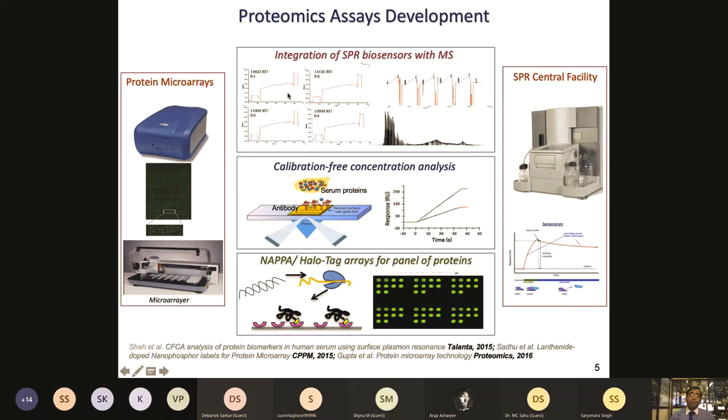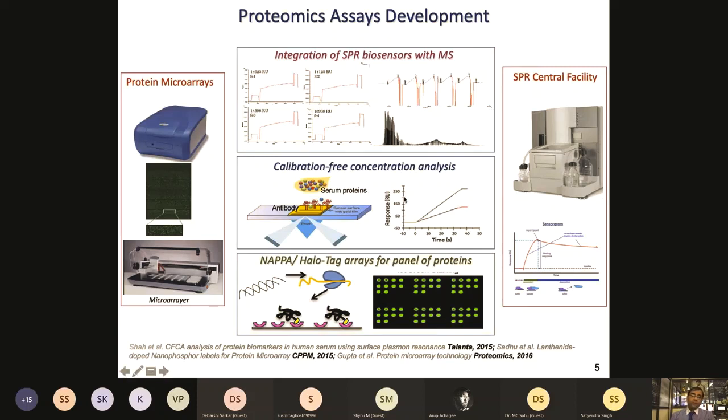So we ran those samples into all 4 flow cells in the SPR, and after doing repeat cycles overnight, you are able to enrich those interactions. Then you can strip off the bound interactor and prepare the sample separately for peptide analysis, run it in the mass spec, and then you can identify the proteins with good confidence. So it means integrating mass spectrometry based workflows for protein identification along with SPR biosensors to identify unknown interactors. That is possible if you couple these 2 technologies together.